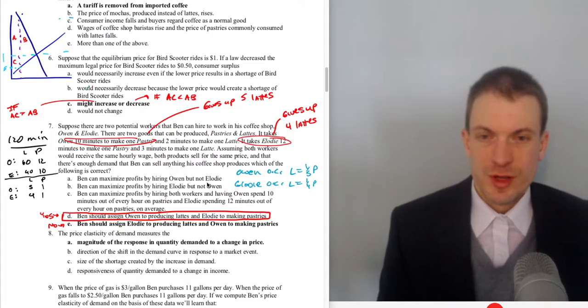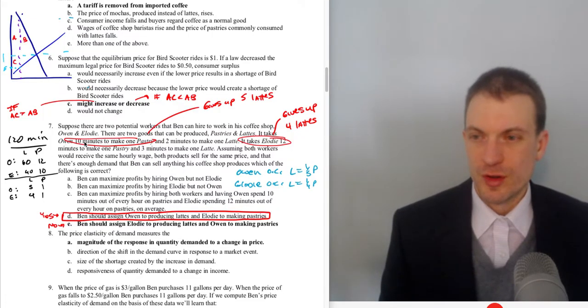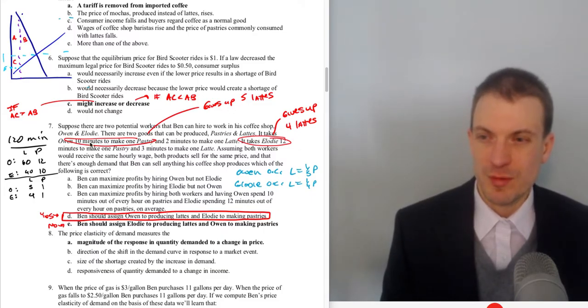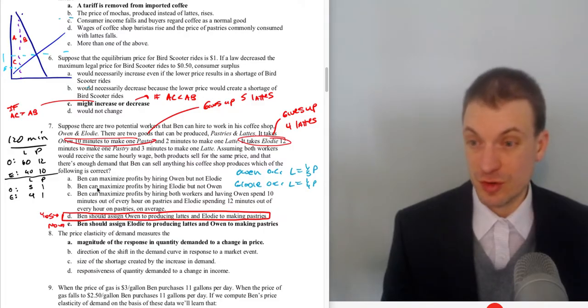So what we want to do here is find opportunity costs and find comparative advantage. If Owen is taking 10 minutes to make a pastry, this means that in the time that Owen makes one pastry, Owen gives up the ability to make 5 lattes. When Elodie makes one pastry, Elodie gives up the ability to make 4 lattes. So Elodie has a lower opportunity cost of making pastries,